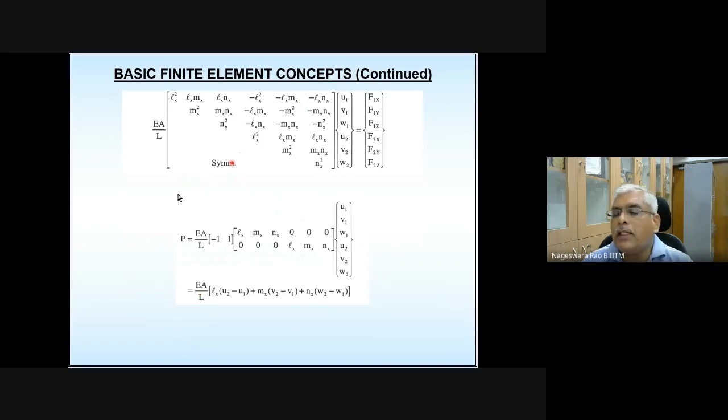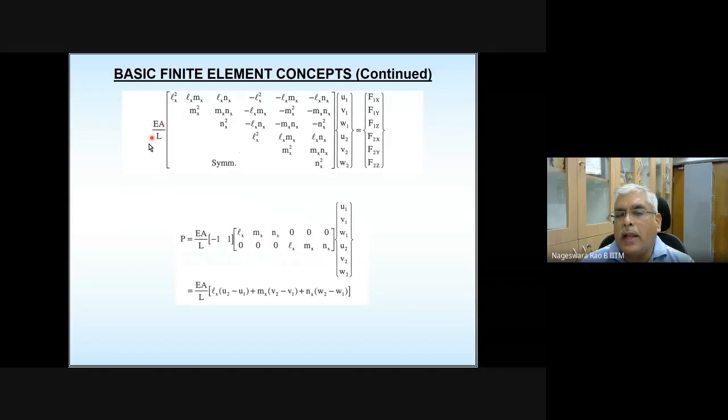So these are the element equations for the 3D truss element. And here also you don't need to write this equation system. It is enough if you remember this quarter, the components in this 3 by 3. What are the components in this 3 by 3? How do you remember this?